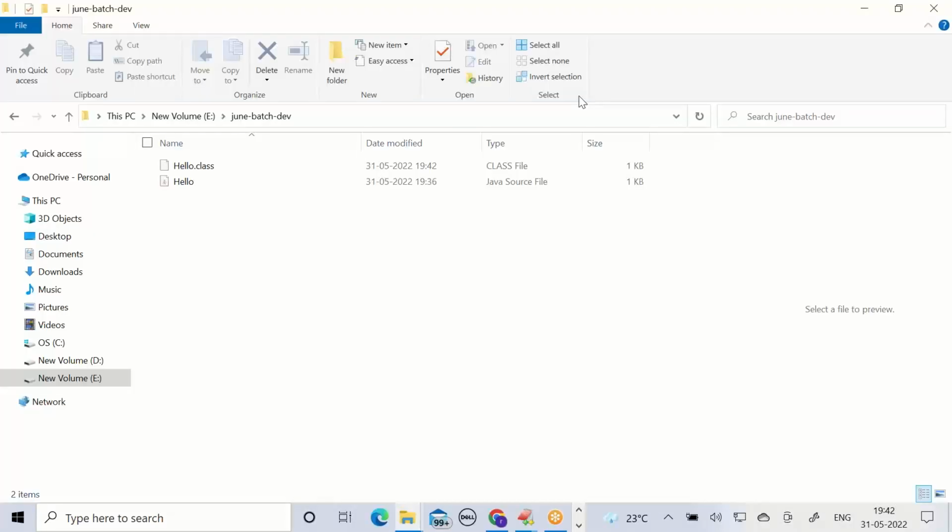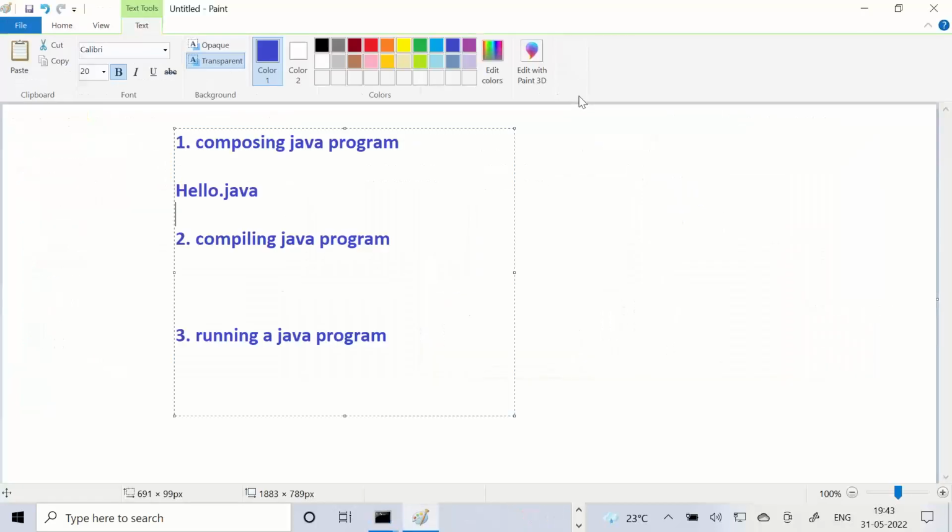Everybody, the javac command compiles the Java file, resulting in hello.class. What is this class file? What does it contain? You will come to know later. Don't worry about anything now. We got the hello.class. The compilation step is over. We have done the compilation step through the javac command.